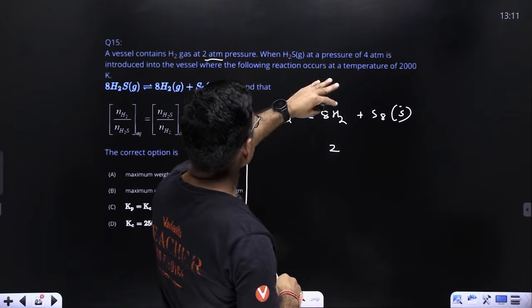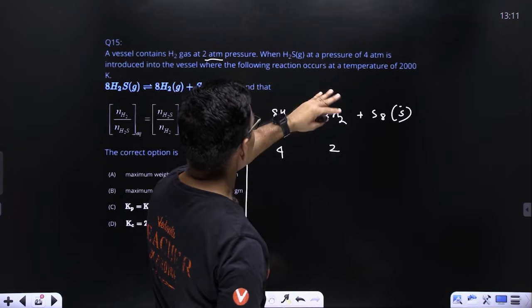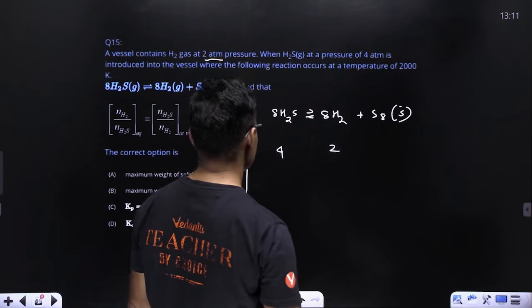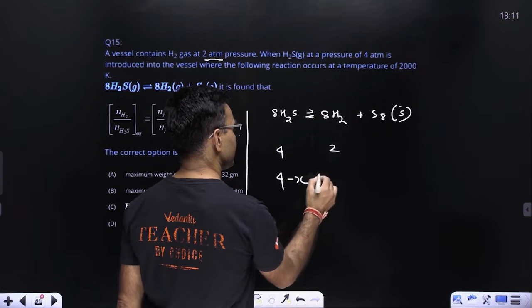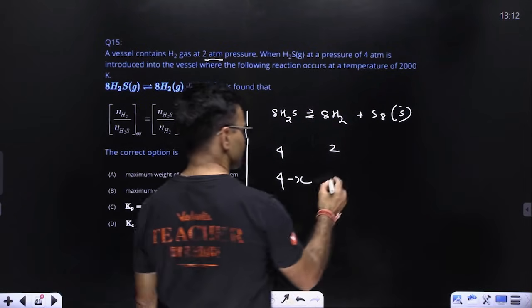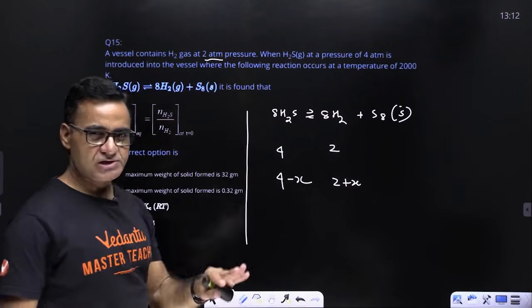When H2S at pressure of 4 atm is introduced, ये 4 atm पे ऐड करा है, राइट, दैट्स इट। और टेम्परेचर 2000 केल्विन दिया हुआ है, आपको बताना है इन ऑप्शंस में से कौन सा करेक्ट है। तो लेट्स अंडरस्टैंड, जब ये इक्विलिब्रियम एस्टैब्लिश हुआ, क्योंकि इनिशियली सल्फर नहीं था, तो ये रिएक्शन फॉरवर्ड में जाएगी, तो इसमें से X गया और यहाँ पे X बन गया। ठीक, ये प्रेशर का रेशियो है,